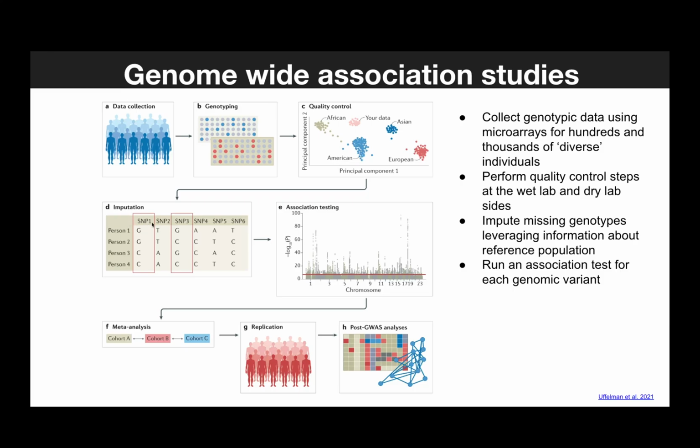So for example, at one particular location, person 1 has G, the second person also has G, persons 3 and 4 have CC, right? This has TTAA, this has GC, right? So the goal here is to figure out at each location what is their genetic makeup. Now once you have done this, the second step is very simple. It's just literally carrying out some sort of a linear regression or a logistic regression, which we partly covered in the class. But the idea is, given a particular trait that you can quantify,